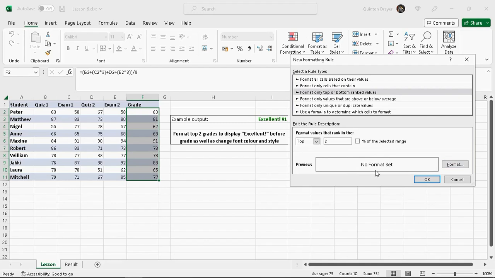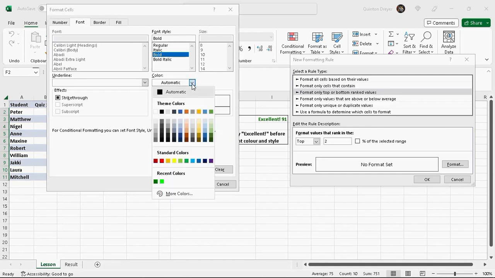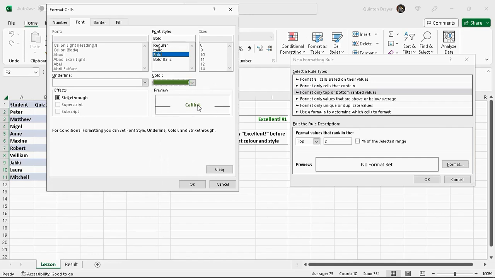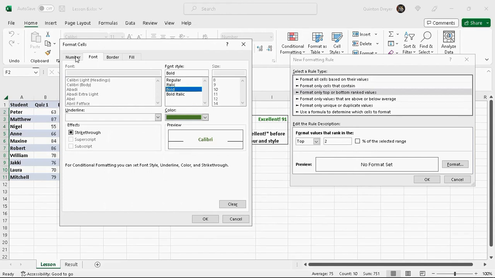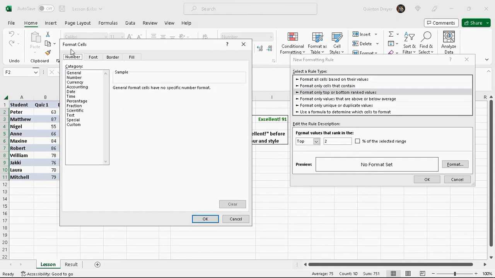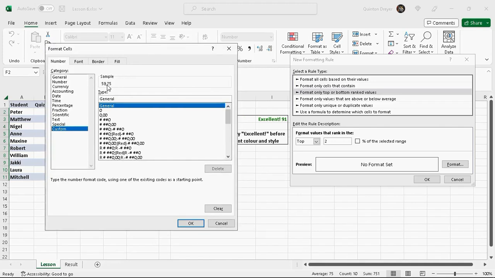Now the trick comes in with our format settings. So format settings, let's do the font first. We want it bold, and we want the color to be green. Think about, yeah, that looks correct there. Now there is another part of this, which is the number. You can actually put a specific number, so you can change a general number, the output from the conditional formatting, to change a general number to currency or to percentage or whatever. But then we've also got custom. So custom will say here,